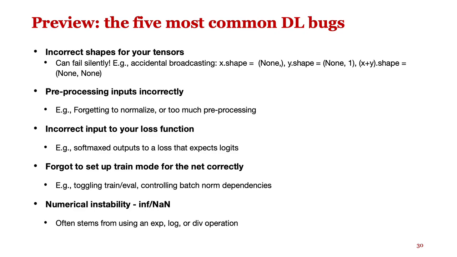Lastly is the problem of numerical instabilities. Again, when many kinds of operations such as exponentials and logarithms are used, and divisions, primarily divisions by zero, they can result in infinites and NaNs, and these obviously can cause big havoc throughout your network. So the network might be training really well, and then suddenly at some point there is a very low probability, and by very low I mean zero, and you take a log of that and suddenly you have a minus infinity,